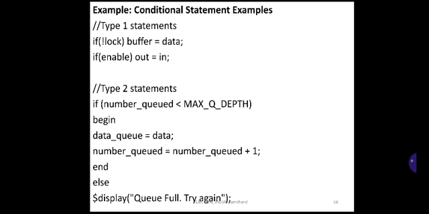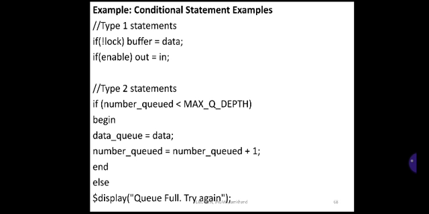In the type 2 statement, if number queued is less than max queue depth. These two are identifiers. The comparison is done between number queued and max queue depth. If it is true, that is number queued is less than max queue depth, then the following true statements are executed. That is, data queue is equal to data, number queued is equal to number queued plus 1. As there are multiple statements, that is 2 statements written here, it is grouped by using the keywords begin and